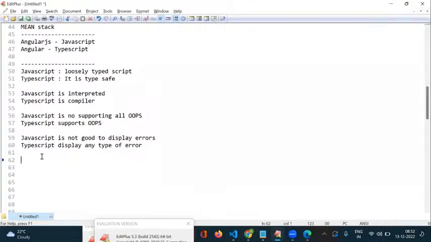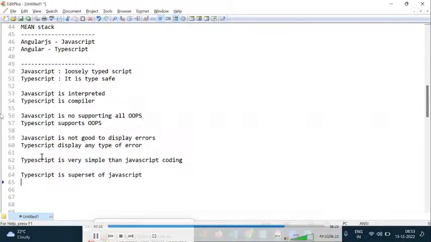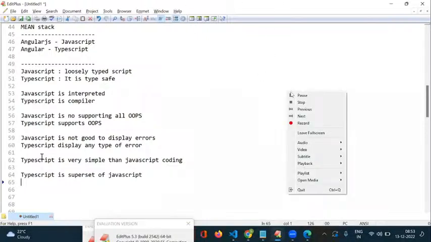And next, from the coding point of view, TypeScript is very simple compared to JavaScript. TypeScript coding is very simple compared to JavaScript coding. So what is TypeScript here? TypeScript is a superset of JavaScript. What is the meaning of superset? It supports all the features of JavaScript. Additionally, it supports more features, like the namespace concept and the data types concept. Complete object oriented